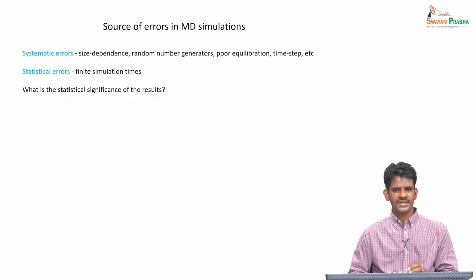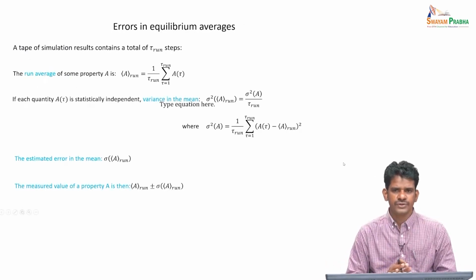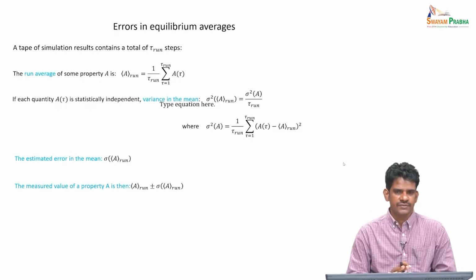Without an uncertainty or error estimate in MD simulation results, we cannot be very confident about what the number says from your MD simulations. So, it is very important for us to understand the calculation of statistical errors as well as eliminating systematic error. All these errors will have consequence on our decision about what is the statistical significance of the results that we report from MD simulations. So, let me go through the methods by which we calculate properties.